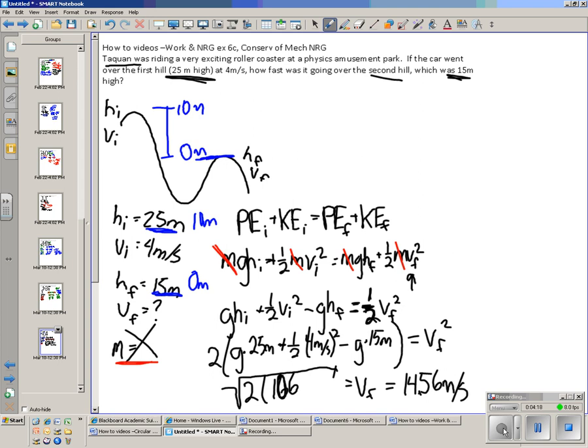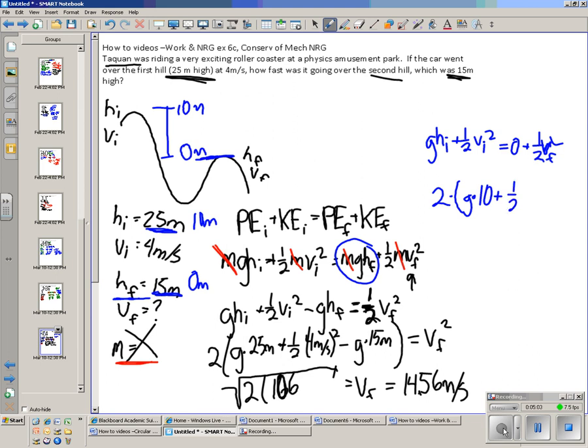Because now I can go back and I say, oh, look, the final height is 0. That was this guy here. Okay, so rewriting everything up here in blue, I have GH initial plus 1/2 V initial squared equals, and this was 0, plus 1/2 V final squared. So I got rid of one of the terms, and it's just a little bit easier to work with now. 2 times the whole thing, G, and then I'm back using my initial height as 10 meters times 10